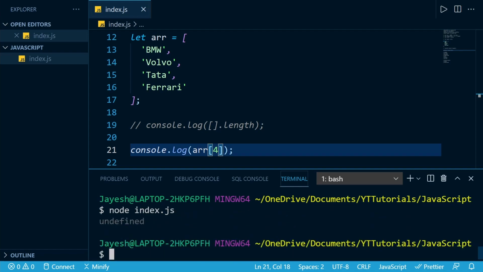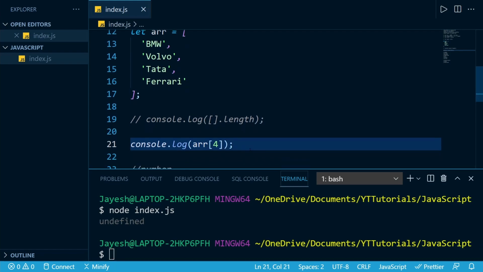So it is undefined. Okay, as you can see here, it is undefined. In most programming languages, it will directly throw an error. But since it's JavaScript, you get an undefined. You can do something like -1, which is an invalid value. Whenever we pass some invalid value to our array as index, it gives us an undefined value.